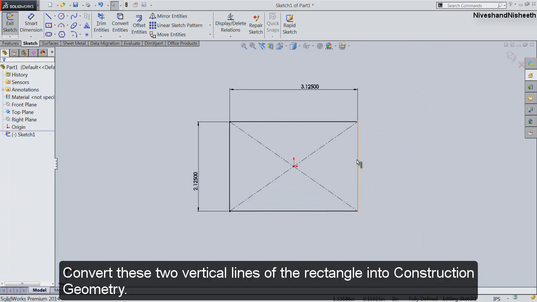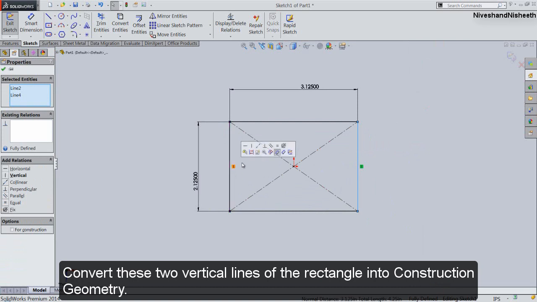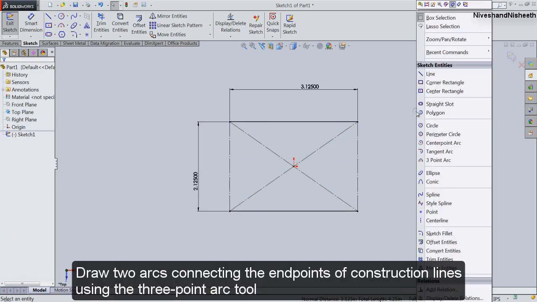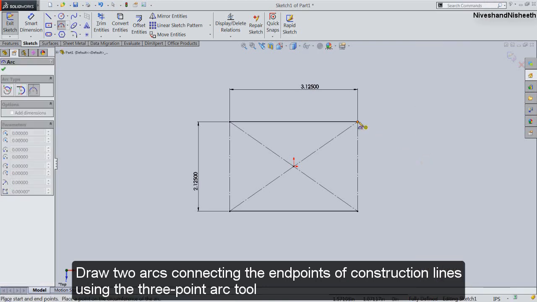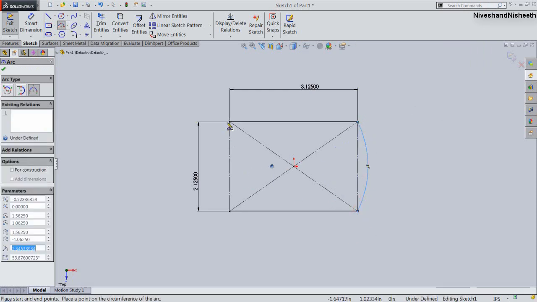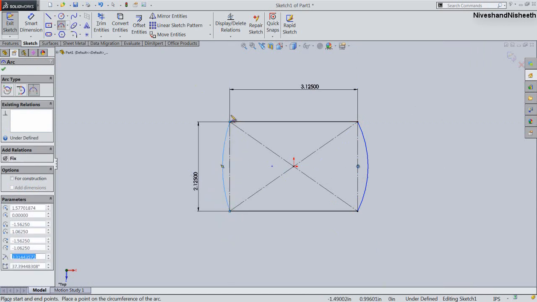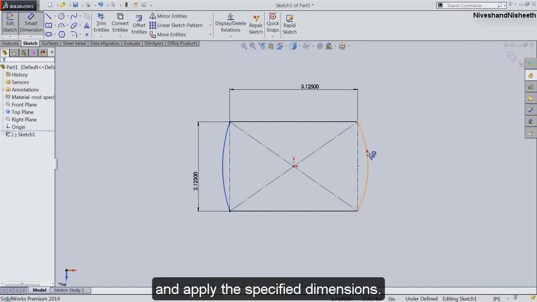Convert these two vertical lines of the rectangle into construction geometry. Draw two arcs connecting the endpoints of construction lines using the 3-point arc tool and apply the specified dimensions.